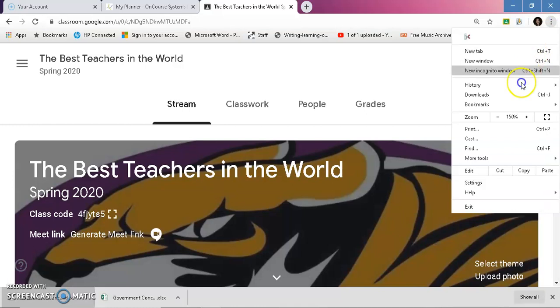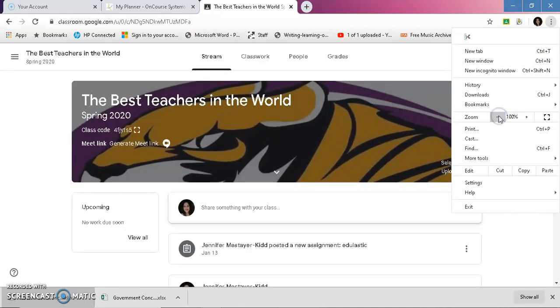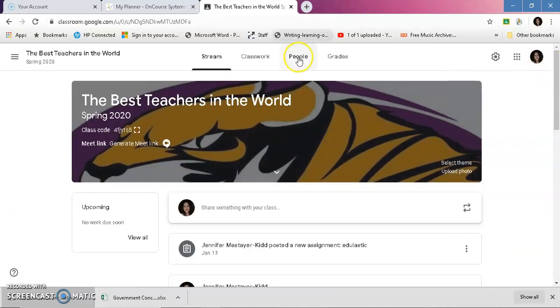Okay, so at this point you should be back. And you're going to see 4 tabs if you're not familiar with Google Classroom. Stream is like Facebook, Instagram, anything else. It's what's posted there. Once you create a classroom and you allow students in, you can decide how much freedom you give them. That they can only see what you put, that they can comment on what you put, or they can comment to one another and make their own post.